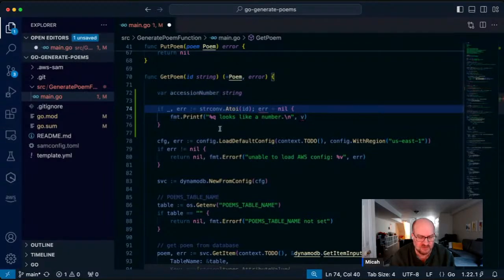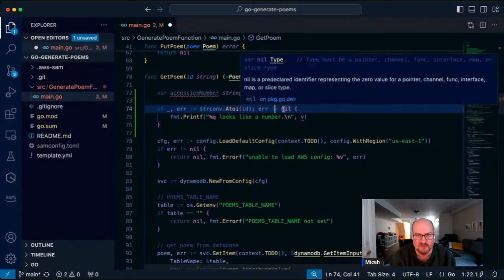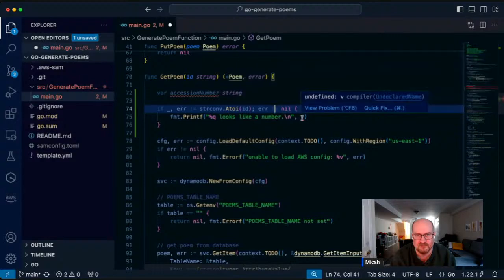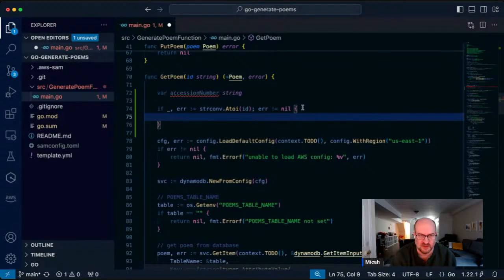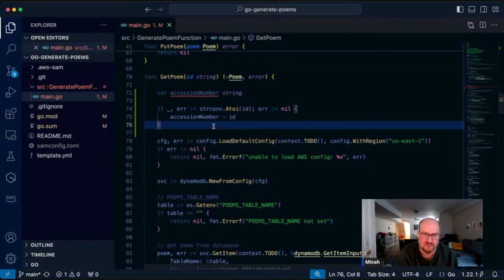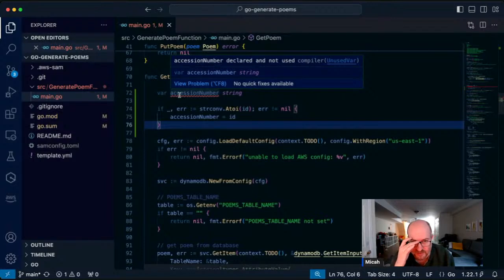Let's do a not equals nil. I don't need this line anymore. I can do accession number equals ID. And then I'm going to use it somewhere else, so it's not still considered not being used, but that's fine.